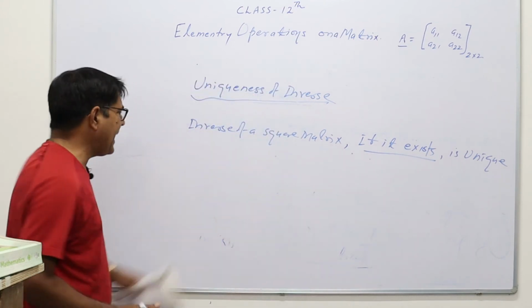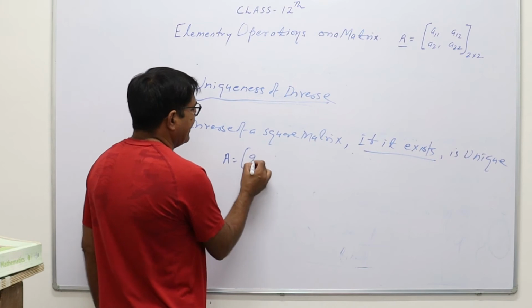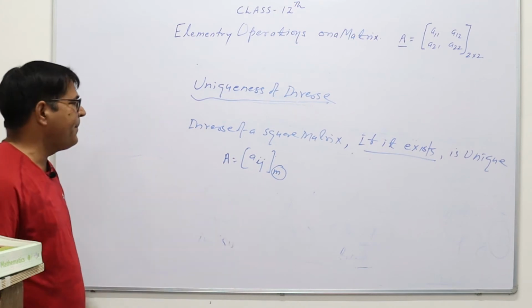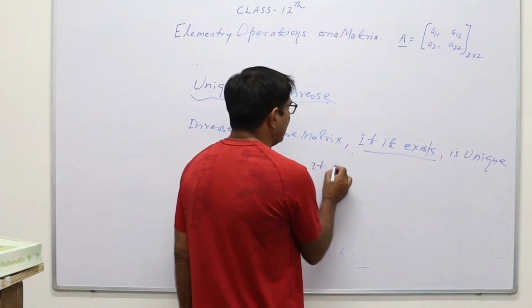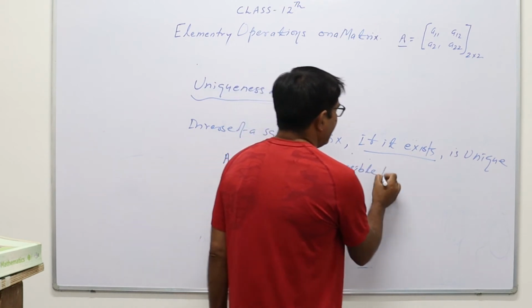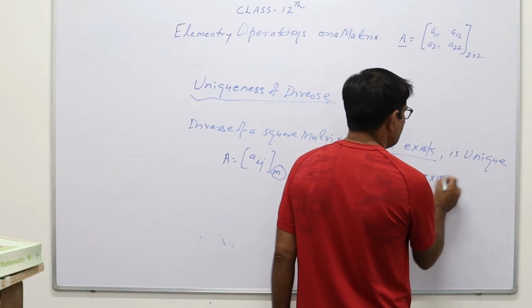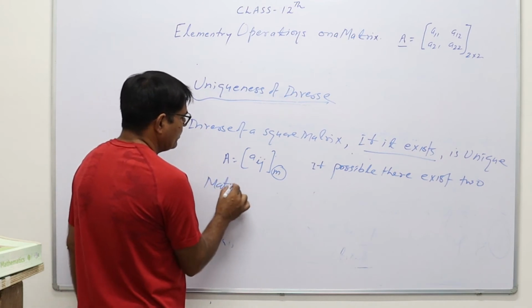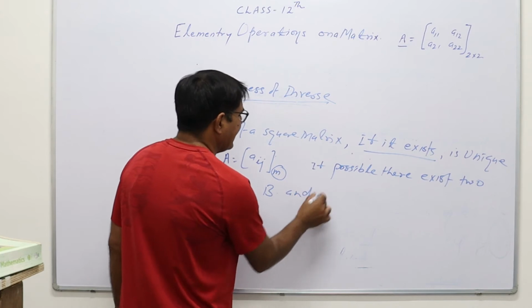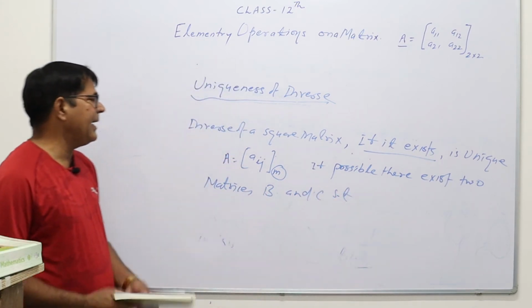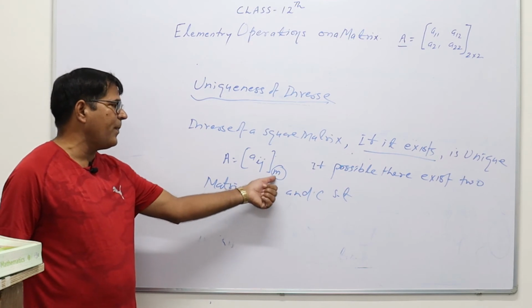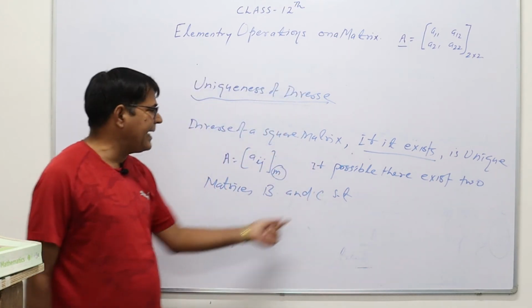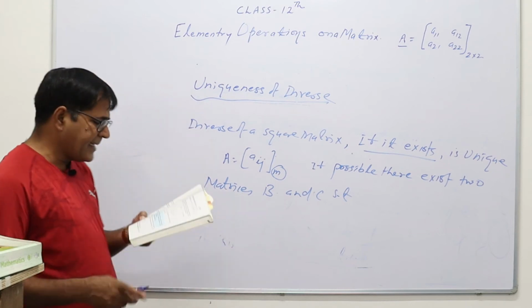Let us suppose Aij is any given square matrix of order m, and if possible there exist two matrices, one matrix is B and another matrix is C, such that